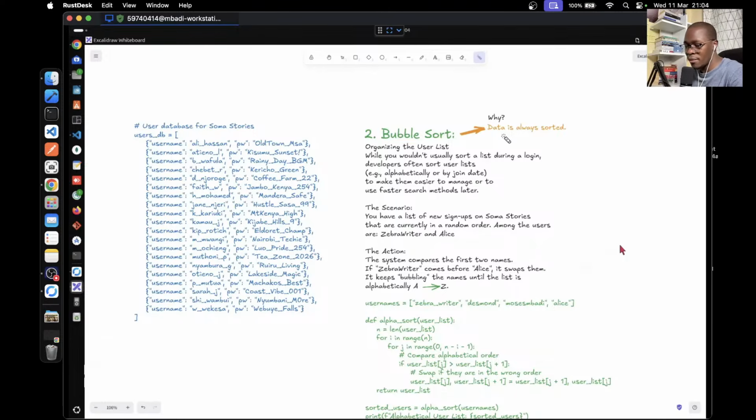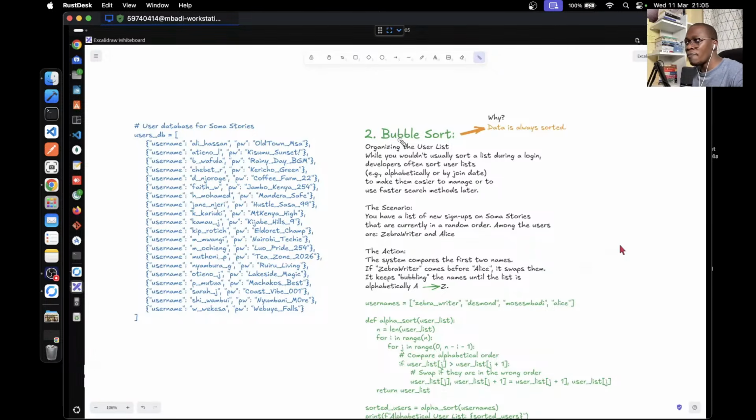So you go, your name is Desmond, you say, hey, I'm Desmond, I'm here for my passport. So all the agent will have to do, they will look for D, say, oh, these are here, okay? And then they continue filtering down until they get to DE, and then they get Desmond. So that way it becomes easier than if they were just jumbled up and they have to look at each passport trying to find yours. It will take ages for you to get your passport.